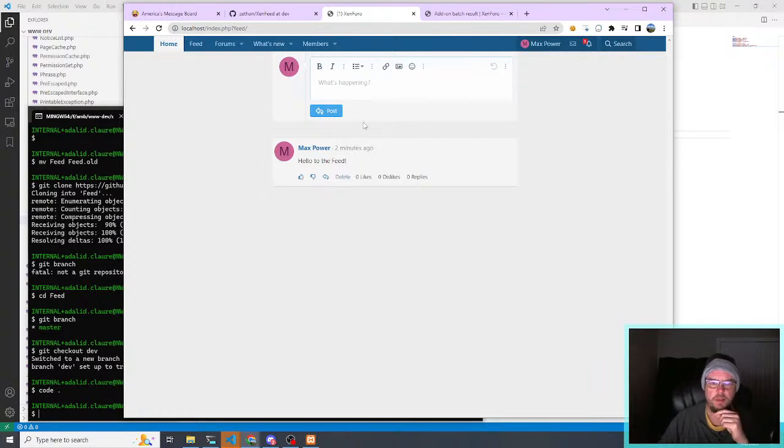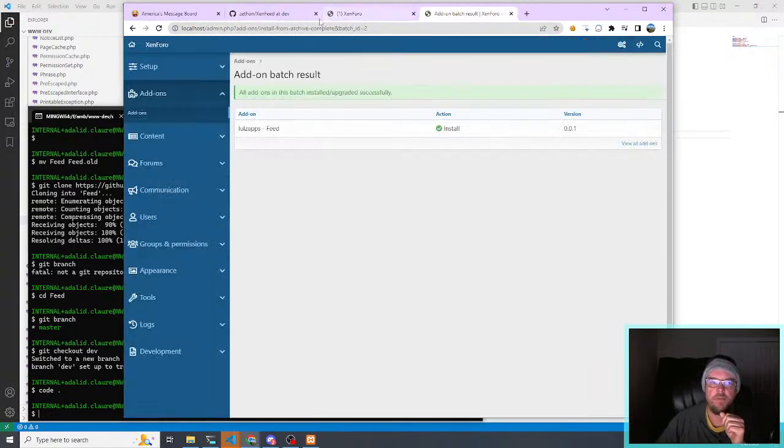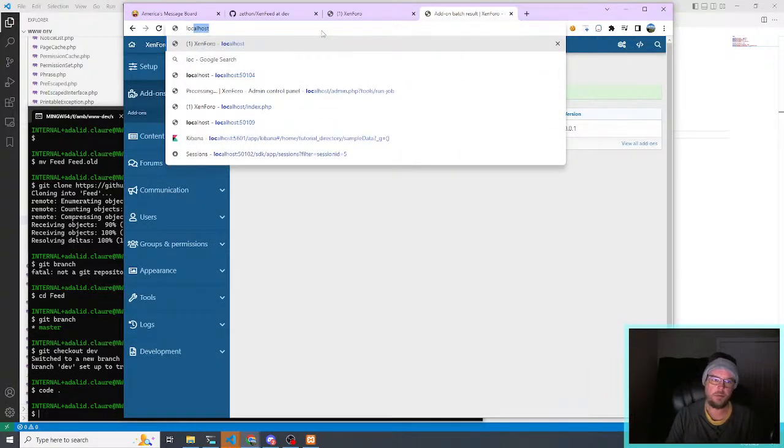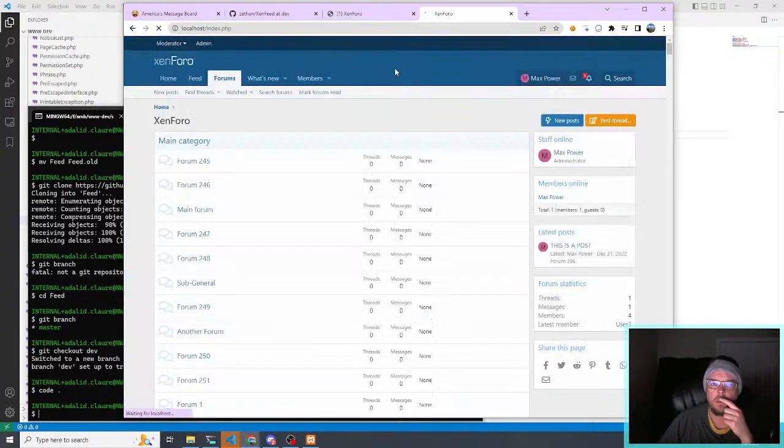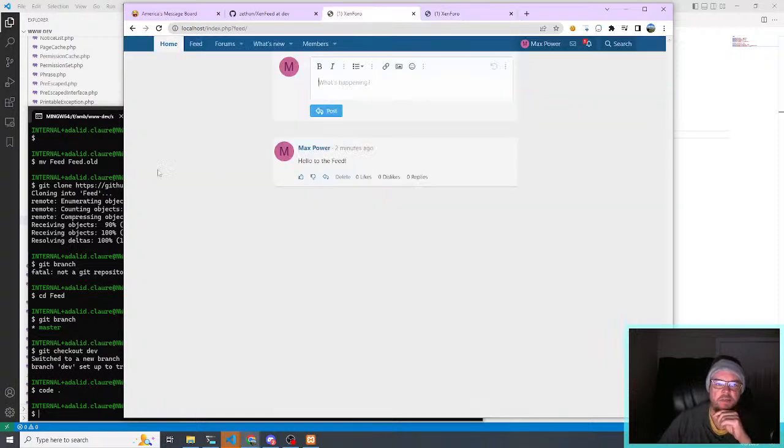Okay. So now what? Again, gotta keep focused. The goal is to have the little widgets, is what XenForo calls them, over here that are going to display the last few feed posts. So let's just create, this is a feed post,